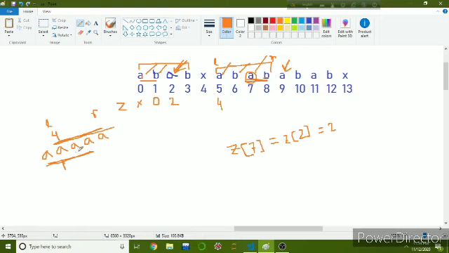So when we calculate the z value at 2, what will be the equivalent character? This A is previously matched with this A, and this A is matched with this A. So we can initialize z2 with the value z1, but the problem here is that z1 is 4, but starting from index 2 we only have 3 characters.